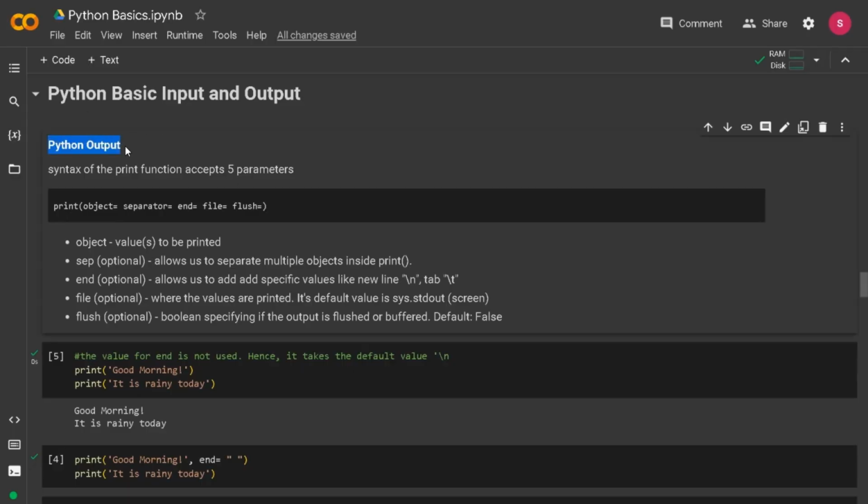So we will be using print function to display our output. So print function has 5 optional parameters: object, sep, end, file and flush. Object is a mandatory value and it is the value or values to be printed. Sep allows you to separate multiple objects inside the print function and end determines what should be printed at the end of the output. File specify where the output should be printed with the default being the screen, and flush is